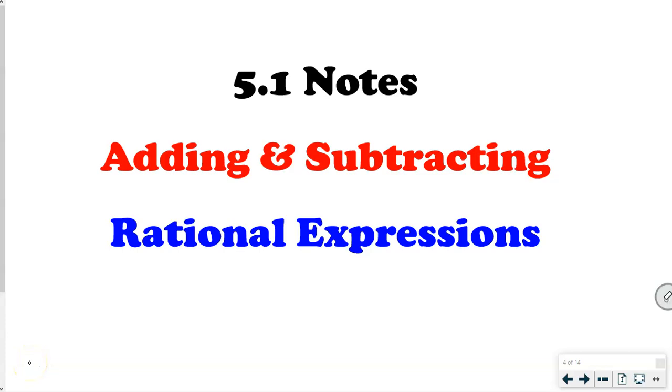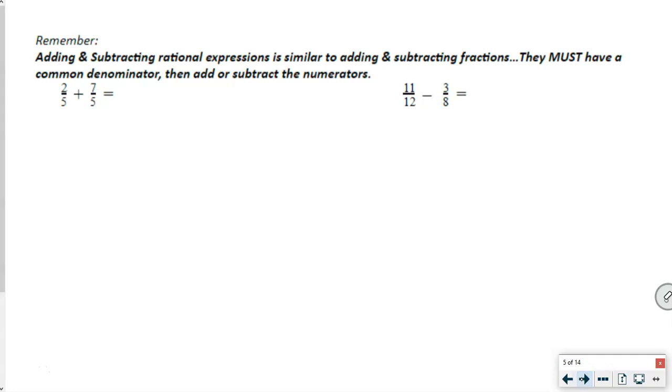So in this video, we're going to go over adding and subtracting rational expressions. If you remember, when we add and subtract rational expressions, it's similar to adding and subtracting fractions. They must have a common denominator, then we're just going to add and subtract the numerators. For example, when we have 2 over 5 plus 7 over 5, we have a common denominator here, so